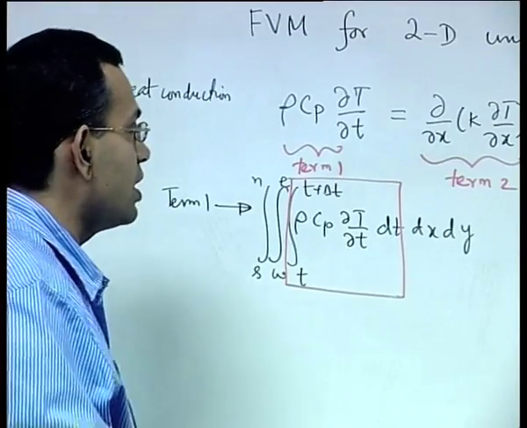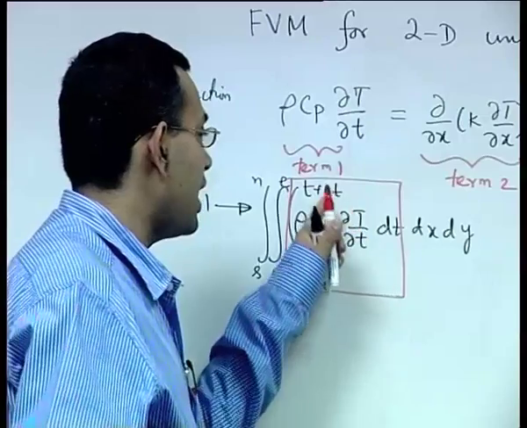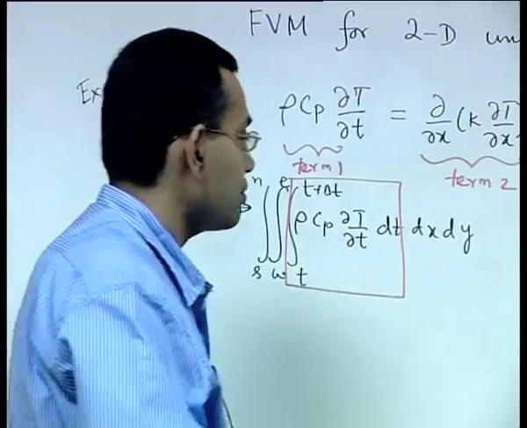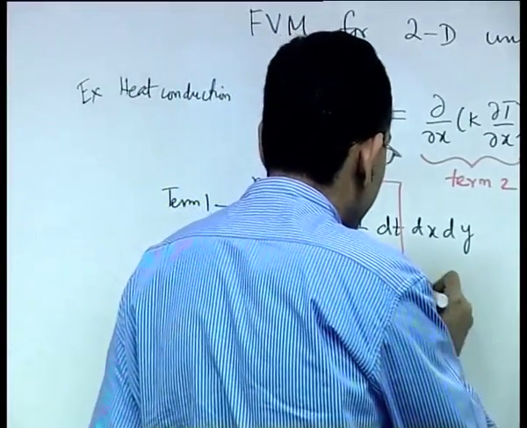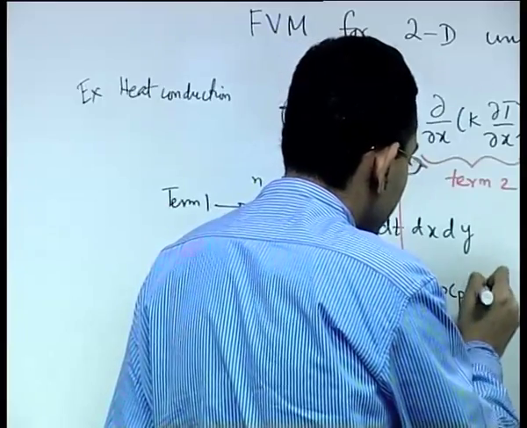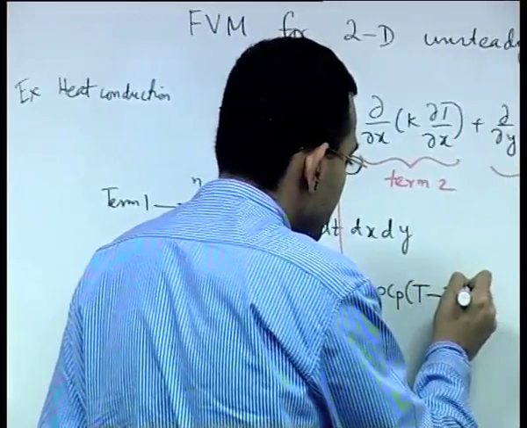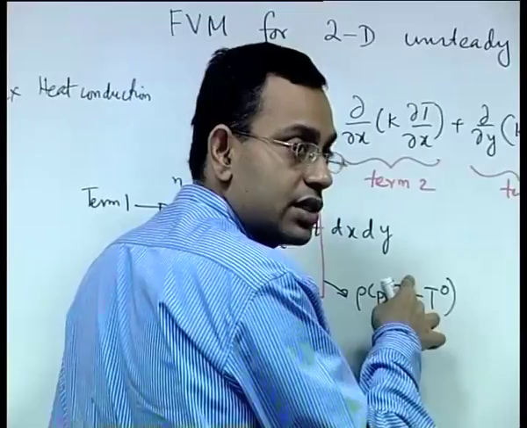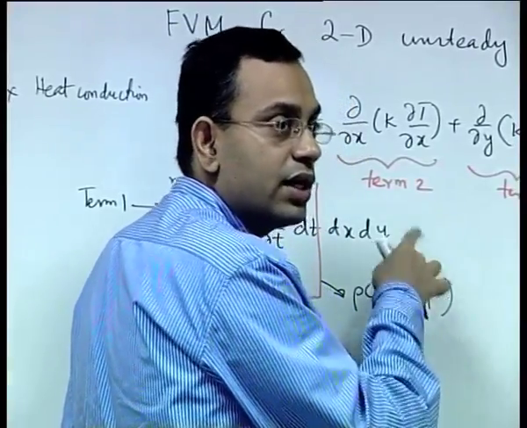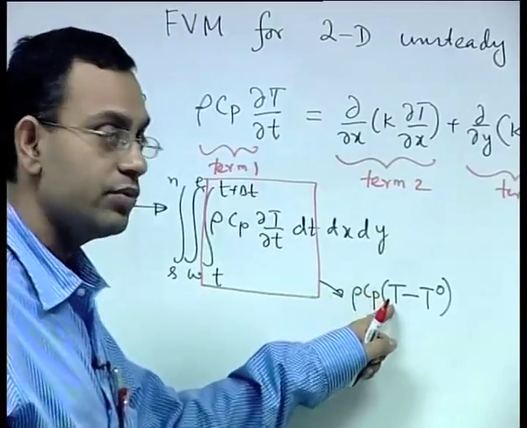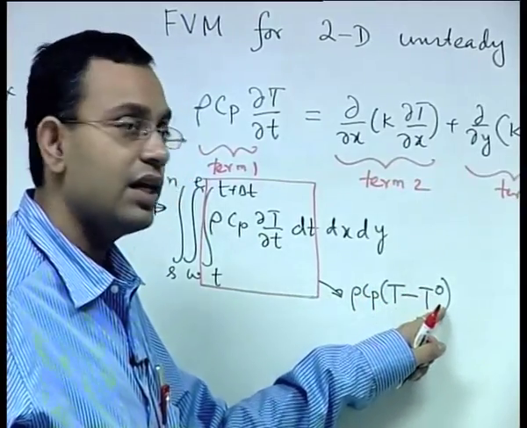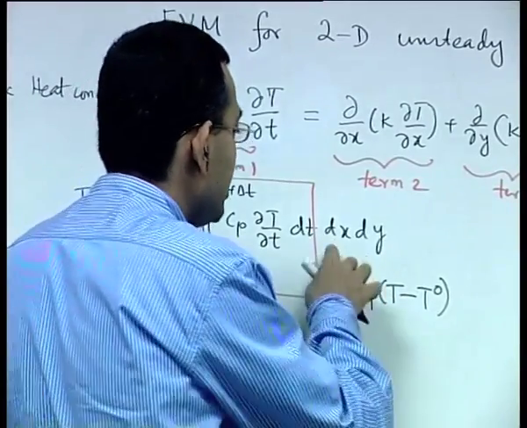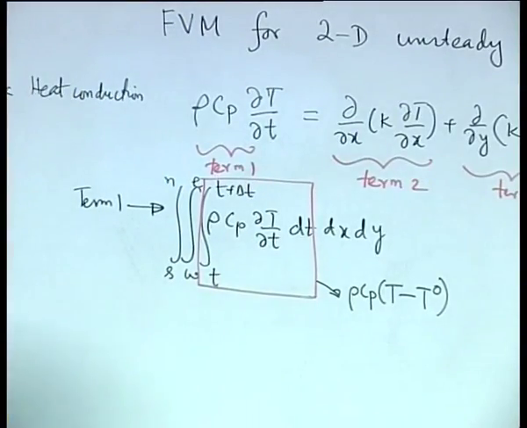So this will be rho Cp into T at time t plus delta t minus T at time t. So this will be rho Cp (T minus T0). At time t plus delta t we use without any superscript, as we have considered for the one dimensional unsteady state problem, same notation we are using, minus T at the old, so T at present minus T at the old time step. So this dx dy, so when we integrate this with respect to x,